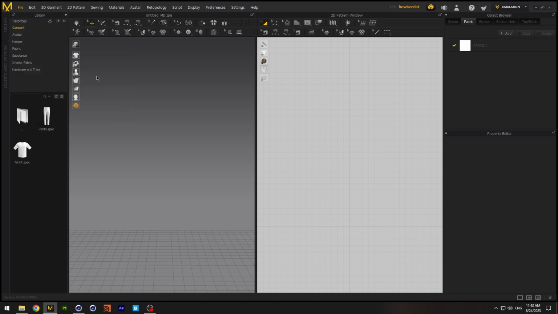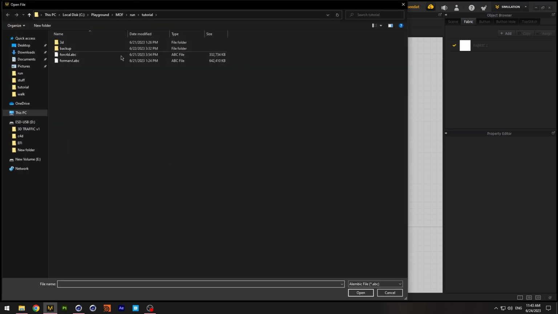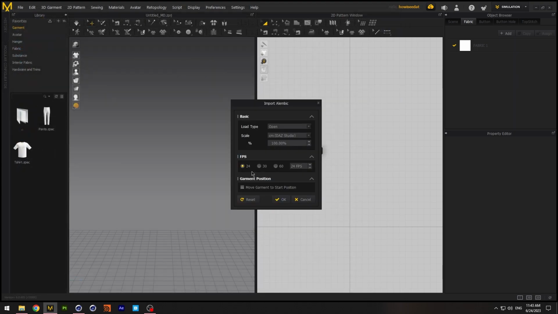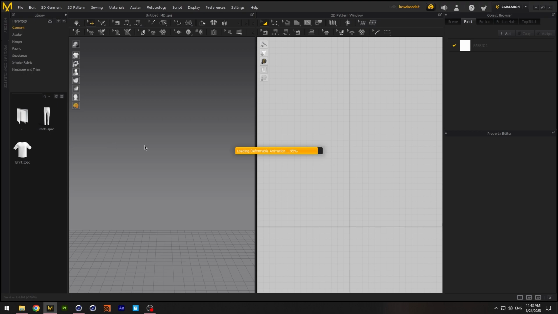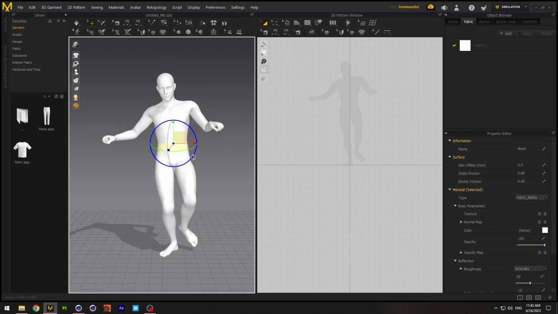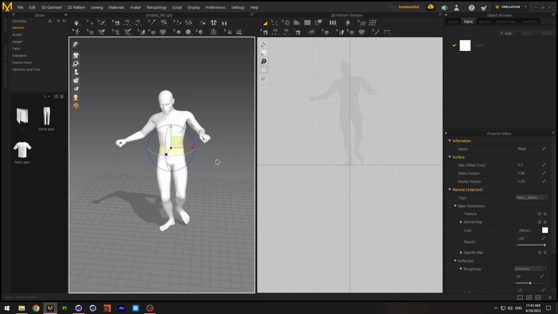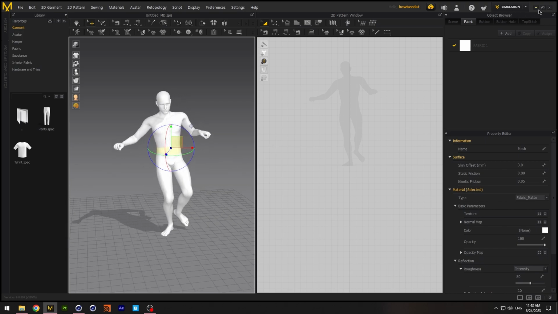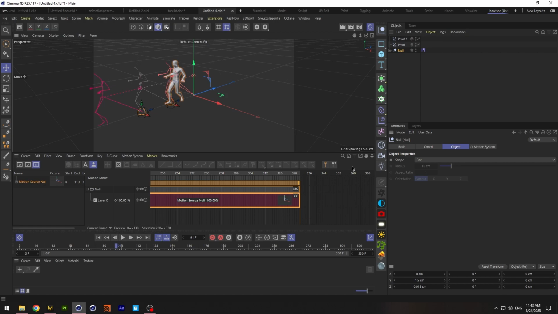So yeah, import Alembic. Tutorial. It was an older one, the new one, this one. Yep, 24, DAS. Yep. Looks pretty good, but for working I think